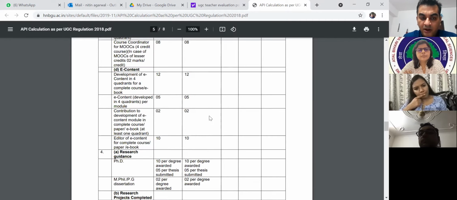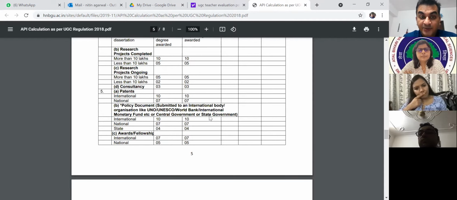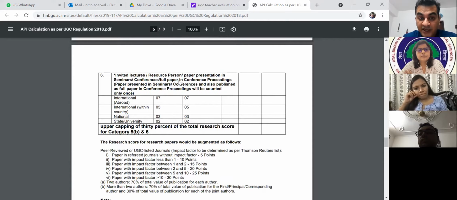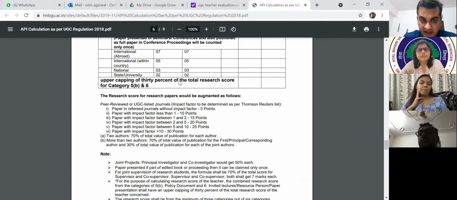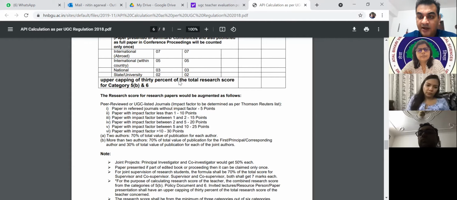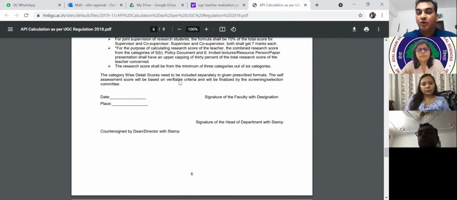Coming down, guidance in research, as a PhD supervisor, thesis, research projects, the value of the project. Of course, the higher projects get more points. Coming to lectures abroad, everything has points, and then these points are tallied up, and then you have a final score.